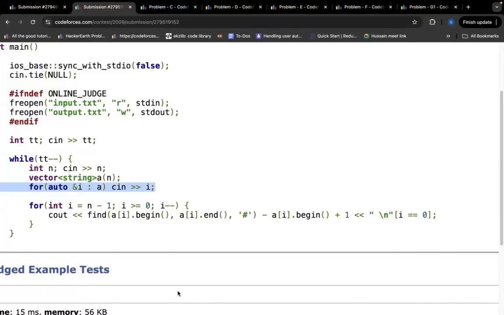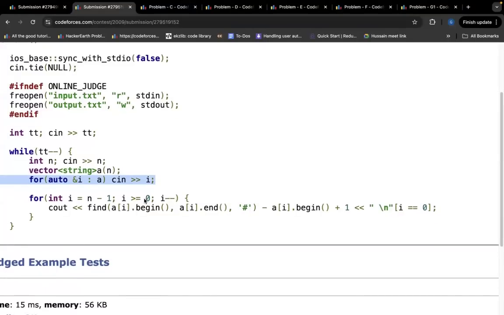And after this, what do I do? I iterate from n-1 to 0 because I want to find the index in the last, second last, and so on and so forth. Then I just find the index of the hash. I know it is present and I know it is present only once. So find ai.begin, ai.end, hash minus ai.begin. This much will give me the index, and then I do a +1 because I want to print in one